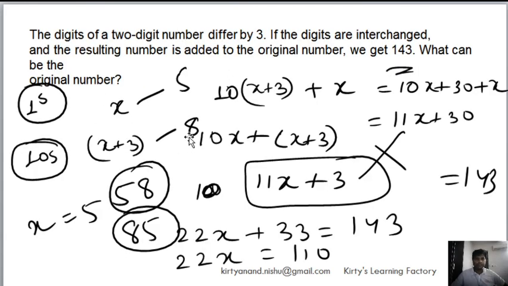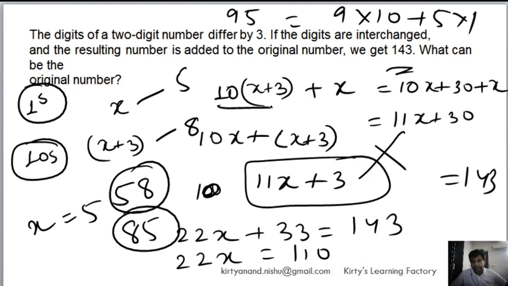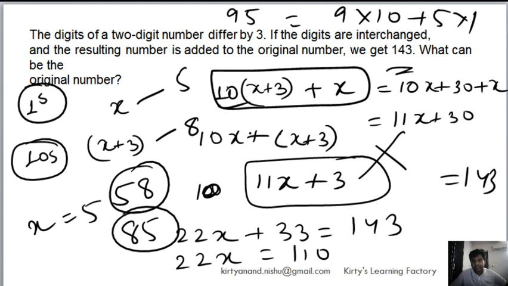The only thing, like in this problem, was logic. So we had to logically first ascertain the two digits. Then we had to say in one case this digit will be in tens place, and therefore writing the value of the number is important, is that I multiplied 10 to this digit. If let's say this number was 95, it would be nothing but 9 into 10 plus 5 into 1, and that's exactly what I have done here. And in the other case I have done 5 into 10, in this case x into 10, because now I have interchanged the numbers, plus x plus 3.